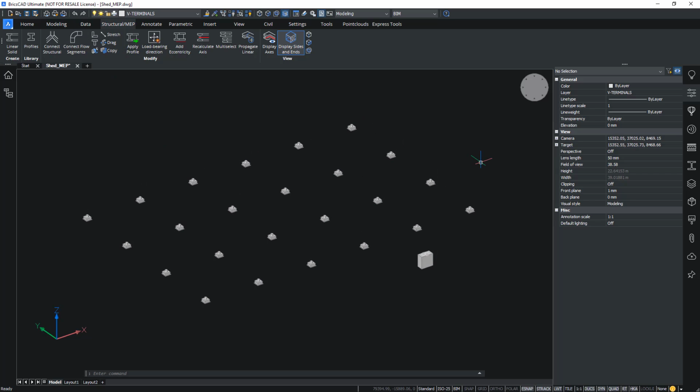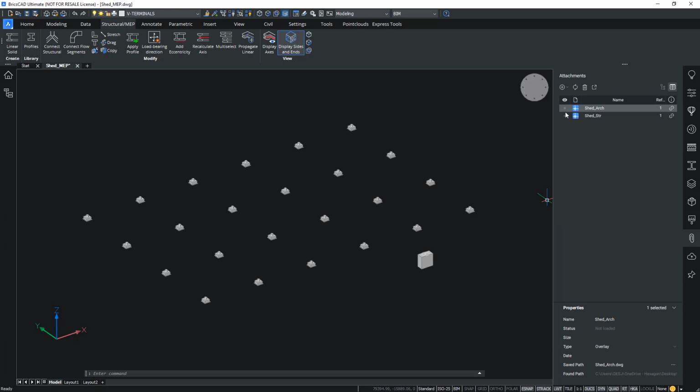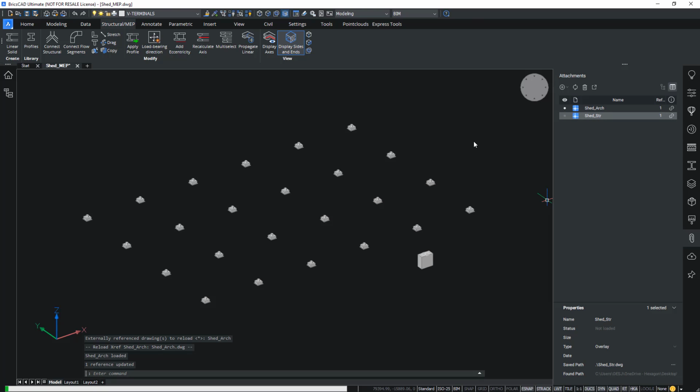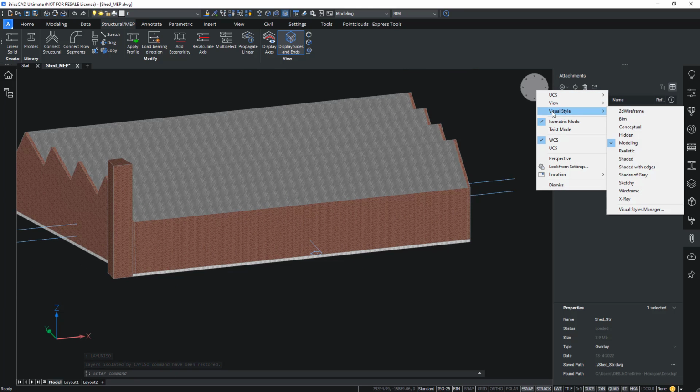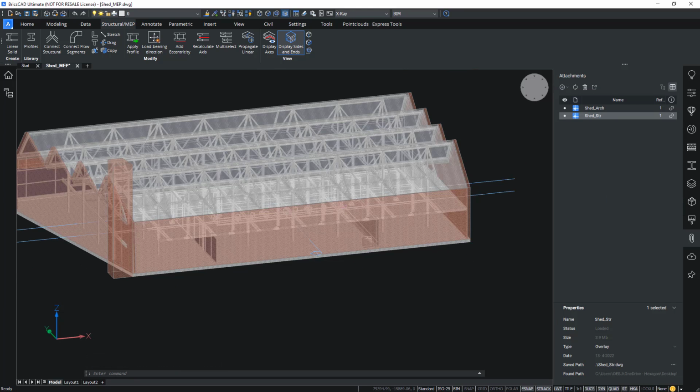So before I do that, I will first reload my two XREFs and unisolate. And I'll go in X-ray mode so I can see a bit better inside here.